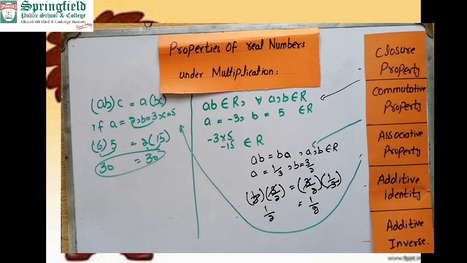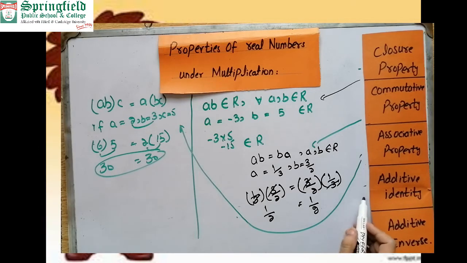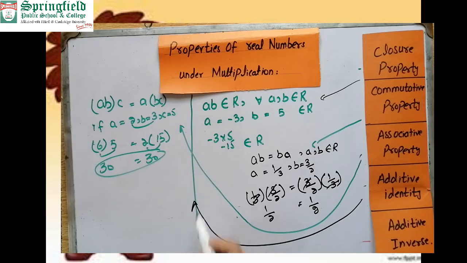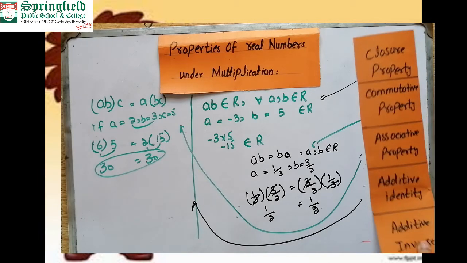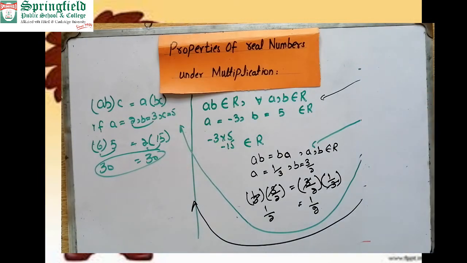And the fourth one is additive identity. Additive identity property means that 0 is the identity. Multiplication identity and the multiplication inverse. You can simply say these are the next properties. Okay, so come on the